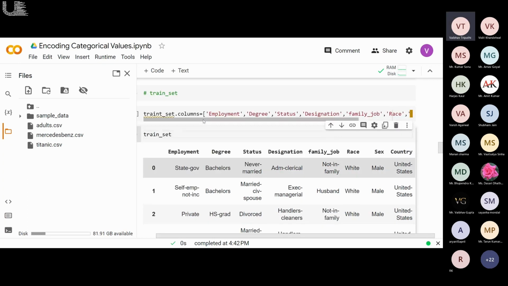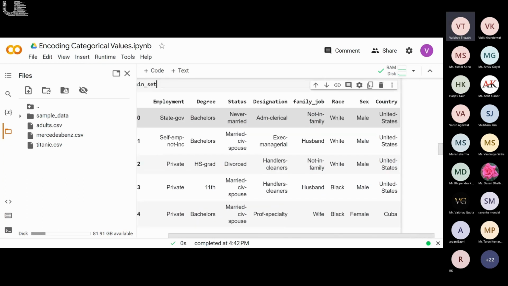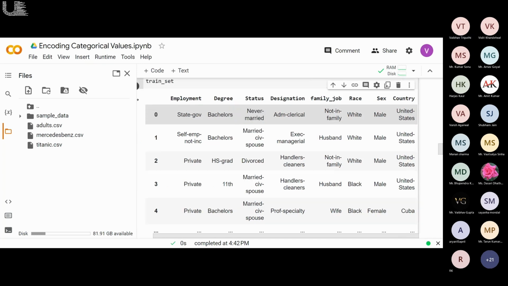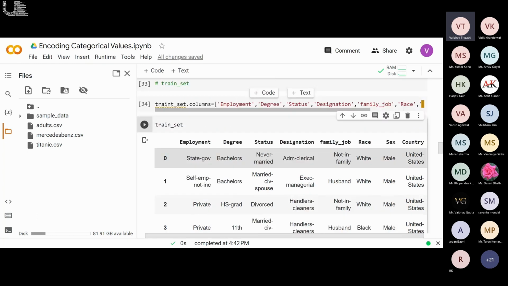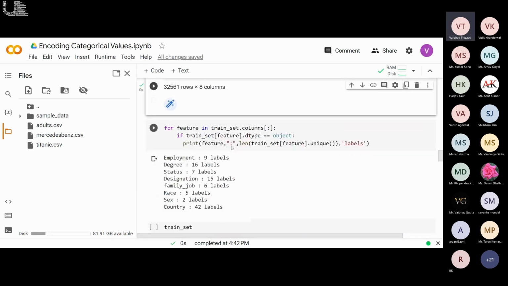This is related to adults: where they're employed, what is their degree, their relationship status, their designation, family, job, their race, their sex, and their country. So now all of these are discrete or categorical variables, right? Employment, degree, status, designation, all of them have discrete values. Now we're going to see how